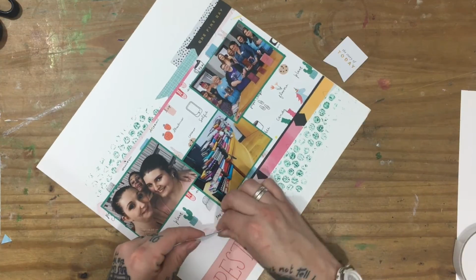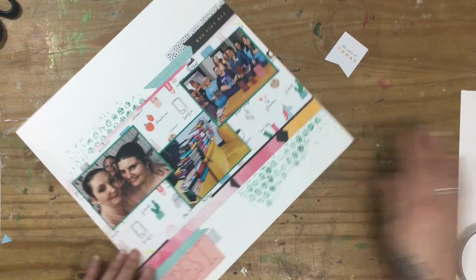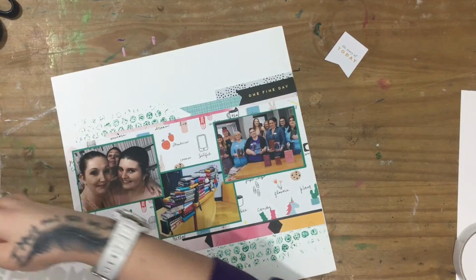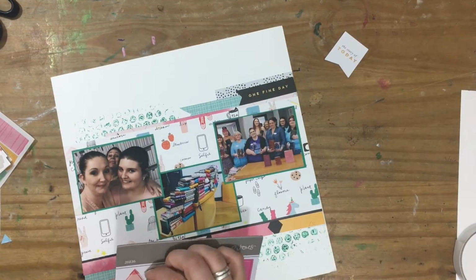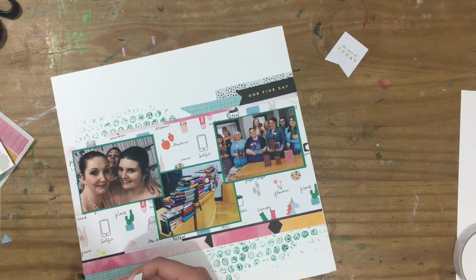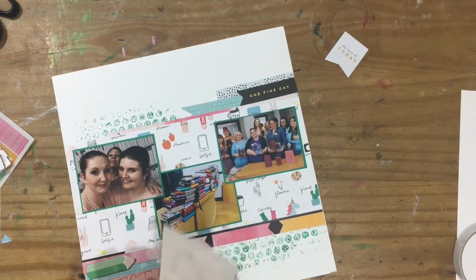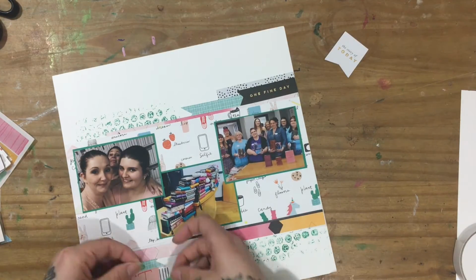I'm always dead paranoid about things unsticking, or putting it in the page protector and then going back and finding everything's fallen off, so I always go around and add a few extra layers of adhesive in there. And I wanted to make that green pop again, so I used one of these pencils and then two circles, one said March and one said 2017, and then I used some enamel dots up in the top right corner. I also wanted to put the name of the event, which was Pamper and Plan,